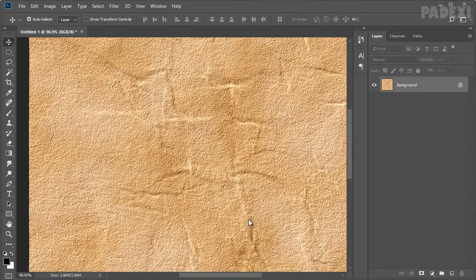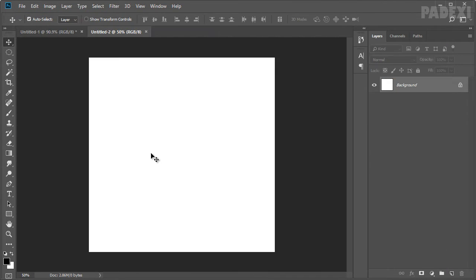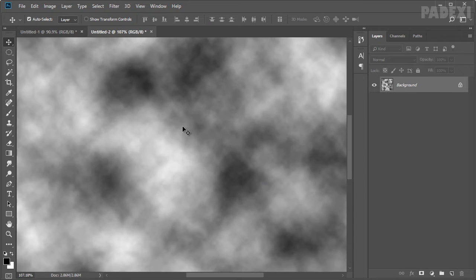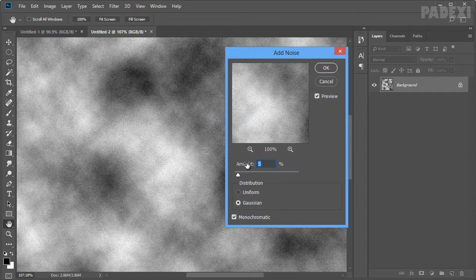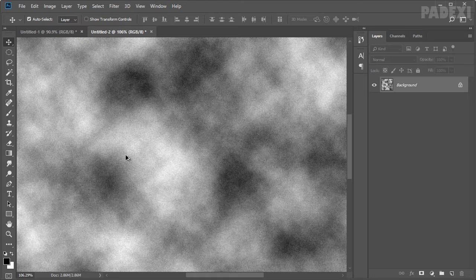In this clip, I'm going to show you how to create the sand texture using the clouds, texturizer, and add noise filters. So let's go ahead and create a new document. Press D to switch to the default foreground and background colors, and then choose Filter, Render, Clouds. The next filter we need to apply is Add Noise. So go down to Filter, Noise, Add Noise. Set amount to 5, distribution to Gaussian, and click OK. So this image will act as a displacement map for our sand texture.